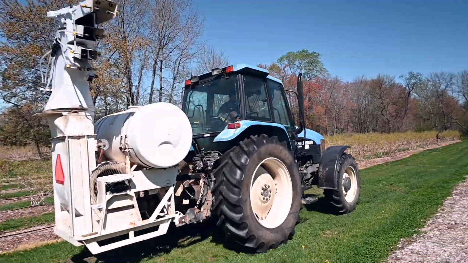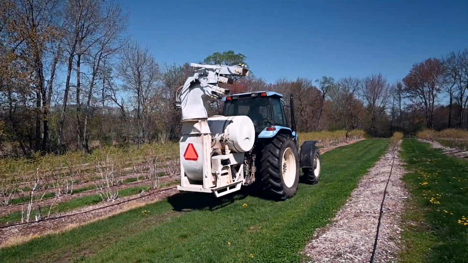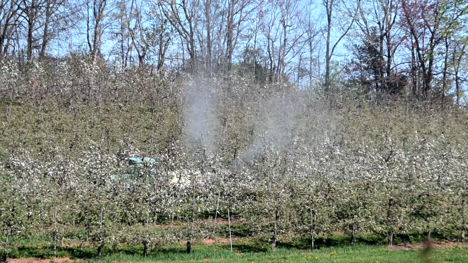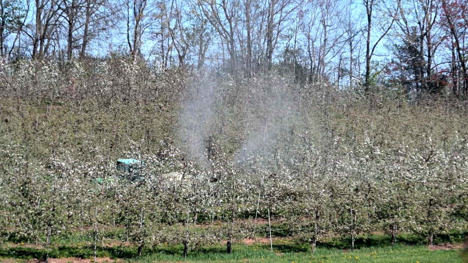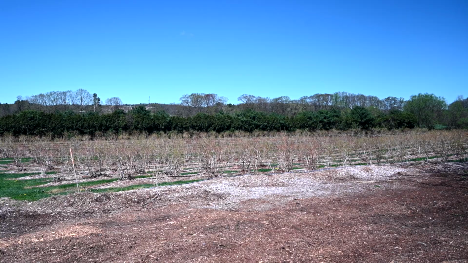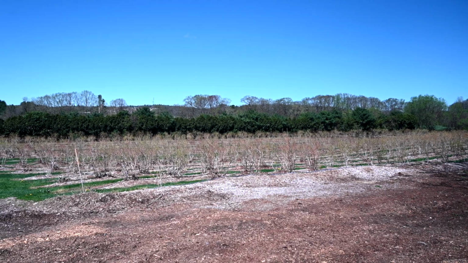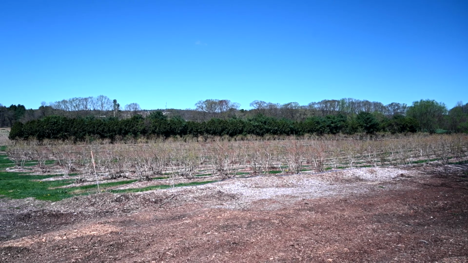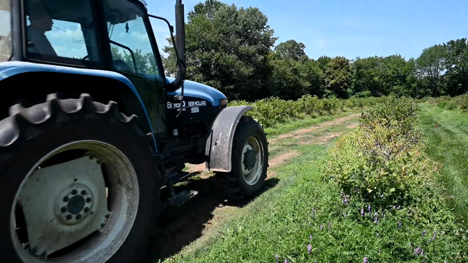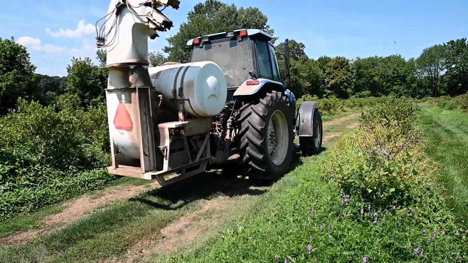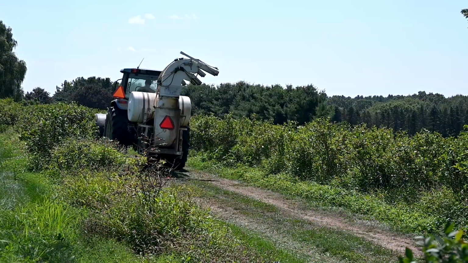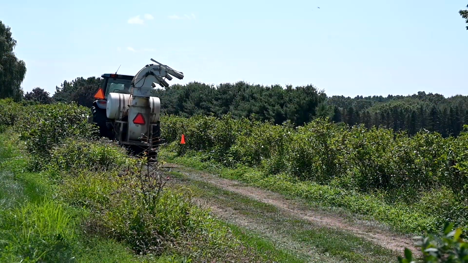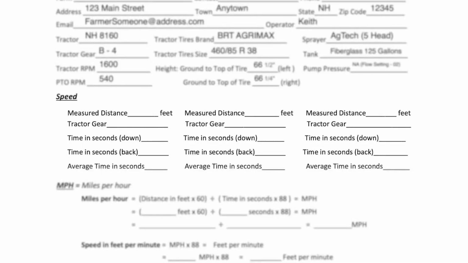Next, we need to determine the speed at which the tractor is traveling. Because the calculations are based on a sample size plot of your fields, you'll be traveling a measured course, preferably a level, straight stretch, with conditions similar to the fields targeted for spraying. Knowing that the further distance you travel, the more accurate your measurement will be, it is recommended to travel a course of at least 200 feet in length. For this test, the distance is measured at 264 feet.